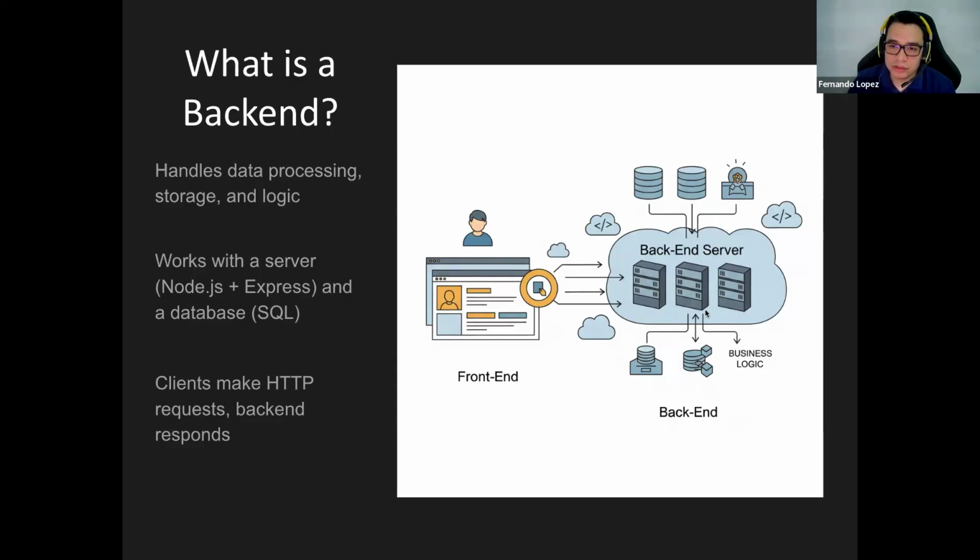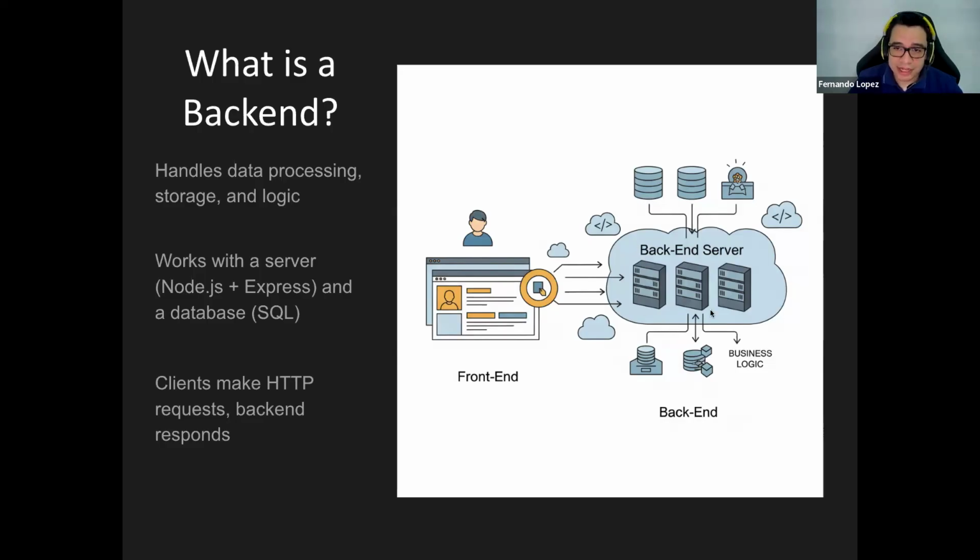So the backend server is going to have the business logic. It's going to connect to several databases if necessary, and at the same time can create connections to another backend too. So this is a diagram of how the backend and the front end work. The front end is just HTML and JavaScript, and that front end is going to create a fetch operation and hit the backend. That's the way that it's going to communicate with the database.